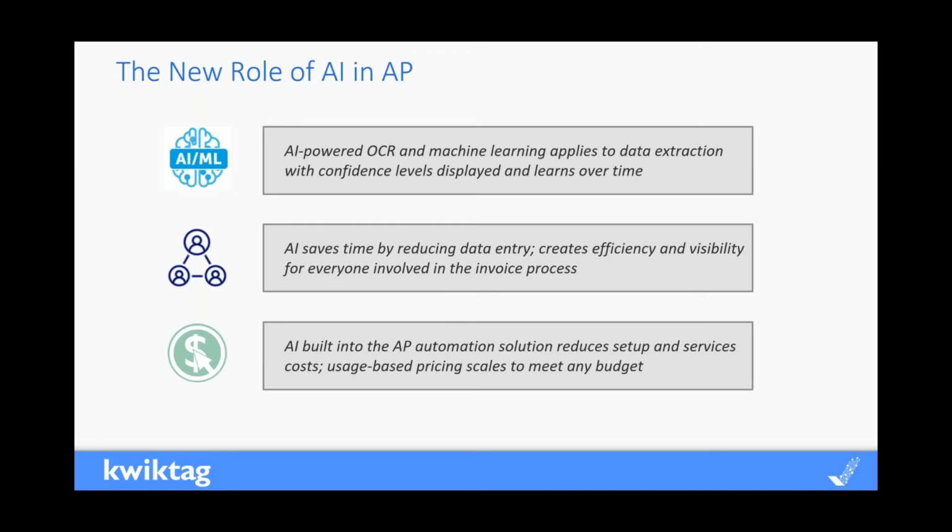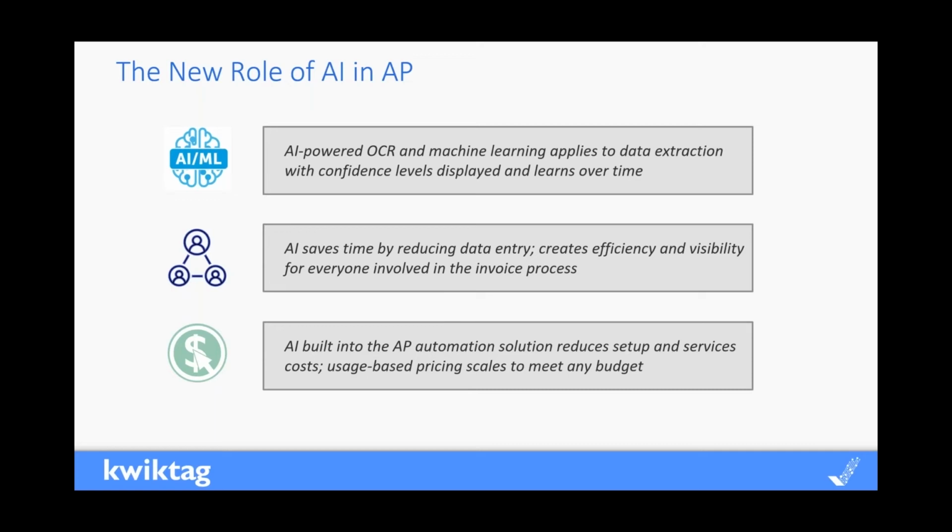Of course, number two here, AI saves time by reducing data entry. Like we just talked about, the number one challenge for 74% of AP professionals, and you may be one of them, is that they're doing that data entry by hand. They're working off either paper or an email that's been scanned or a PDF document or whatever that they've downloaded. But AI takes that manual step away almost entirely, and in some cases, absolutely 100% end to end. This creates more efficiency, and it gives that visibility.